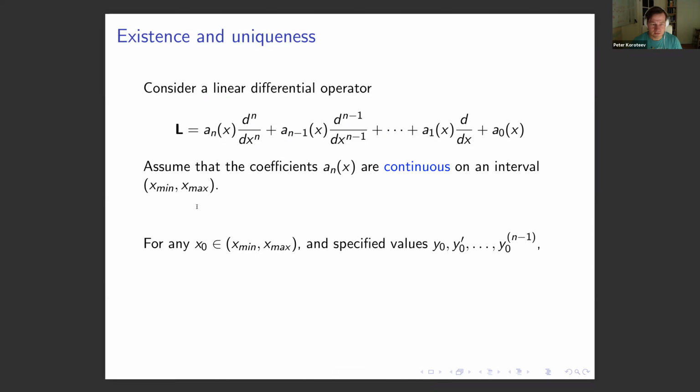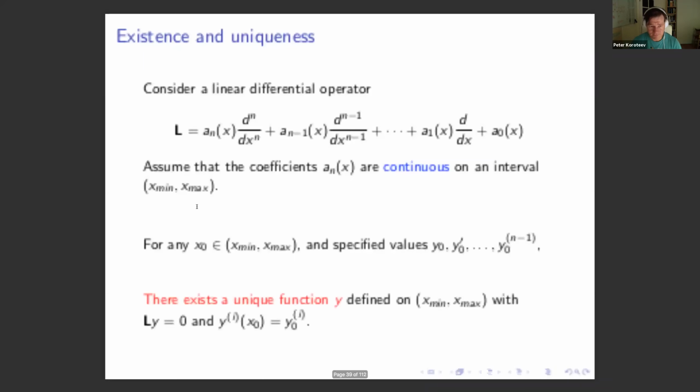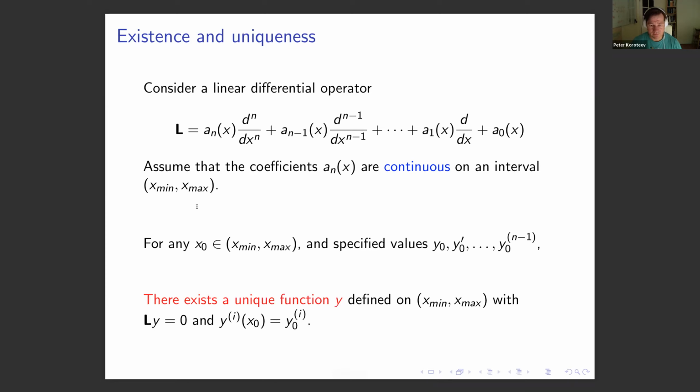Now, for any x0 inside this open interval, we can specify values y0, y0 prime, up to y0 to the n minus first derivative. And there is a unique function y, which is defined on this open interval, such that